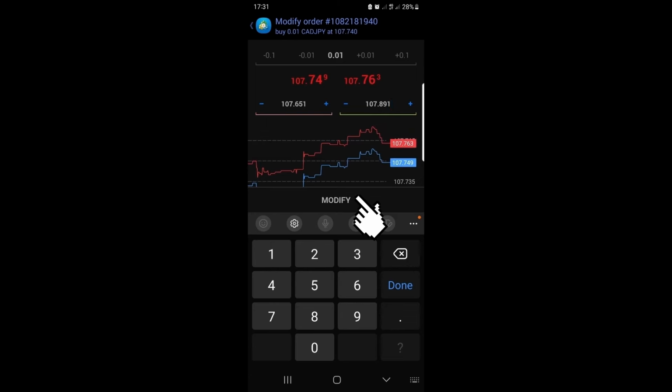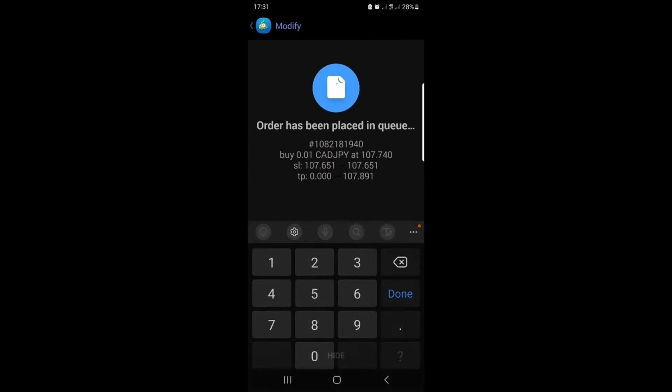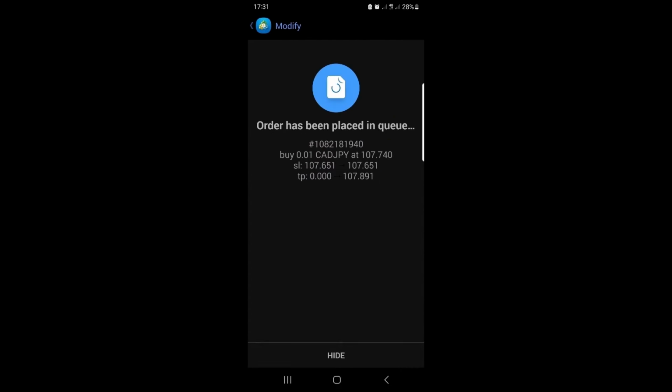Okay, so if you put the right figure, it should actually give you modify, but if you don't put the right figure, you can't modify it. Okay,